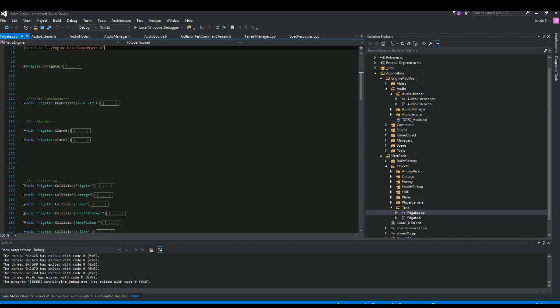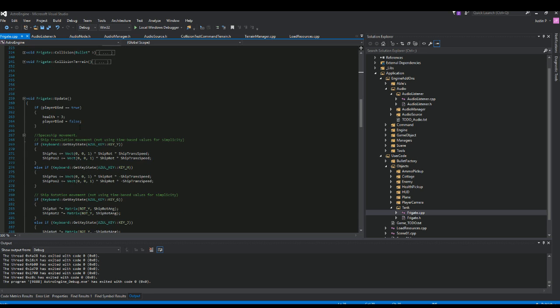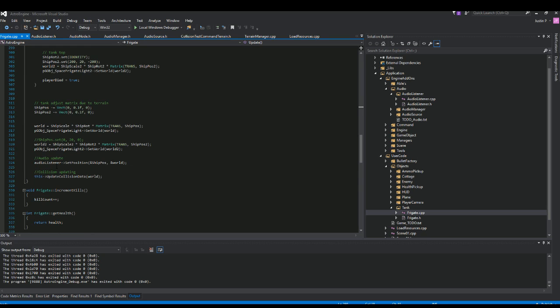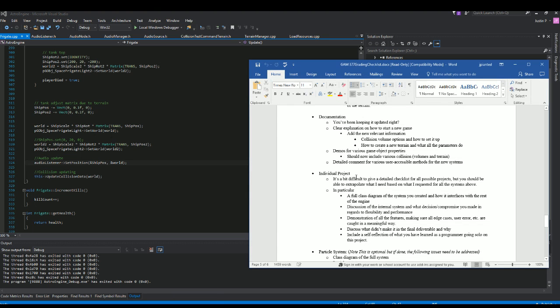So let's see. In the update, all it really is, it just has an audio listener pointer attached to the frigate, and then you set its position. Give it the position that it's at and the world matrix so it can grab the rotation from it. So I think